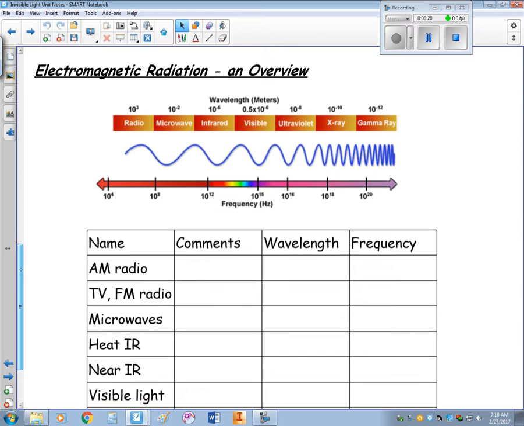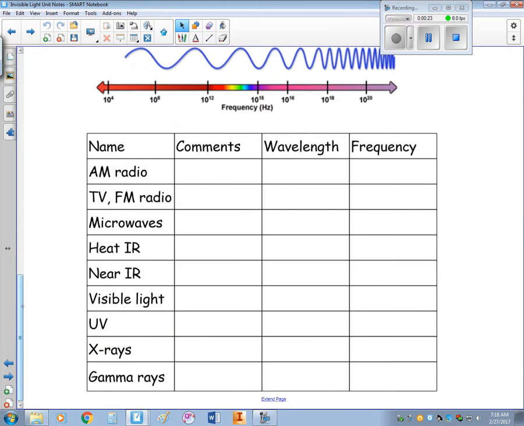So to get us started, we're going to start talking about AM radio. This is what you would consider an ordinary radio. Not many people mess around with this, but every car tends to have an AM side. They got AM and FM. AM has a wavelength of around 300 meters and a frequency of around 1 megahertz. So AM, because it has such a long wavelength, can bend around a lot of things. So AM usually tends to be your long range